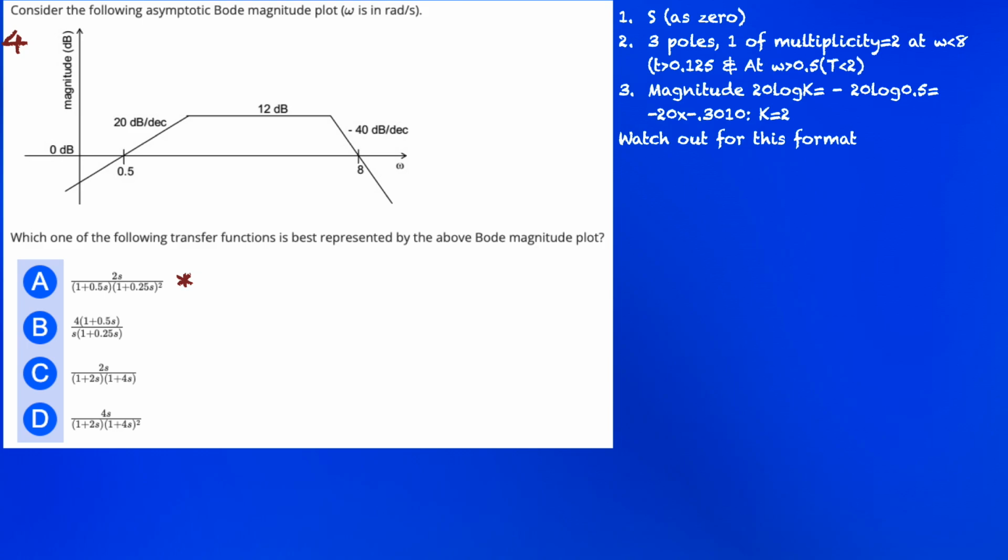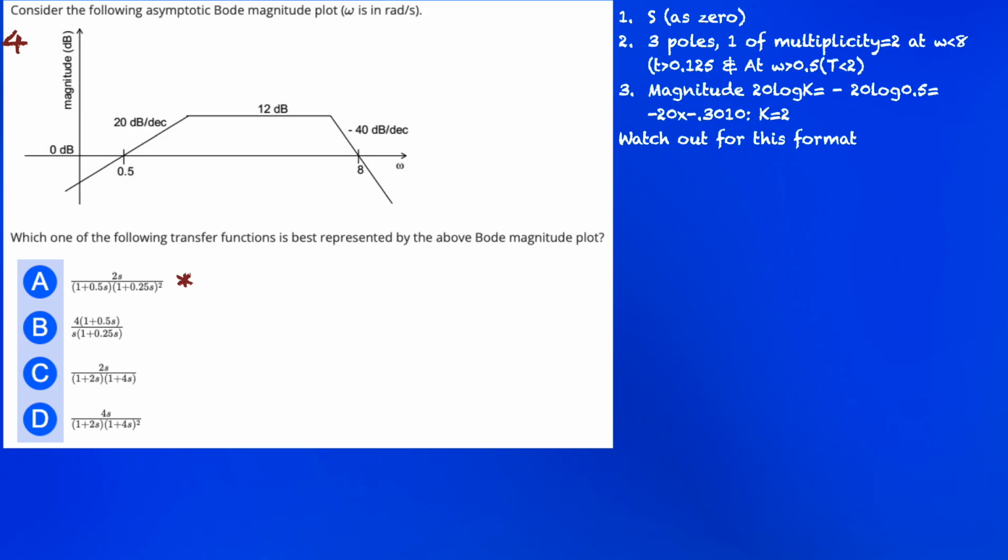Now we can also look for the magnitude. If this is true, now we just need to look at the magnitude if required. We don't need to look into that, because we have already rejected all of them except A. But at the same time, to look at the magnitude, one way of looking at the magnitude is to